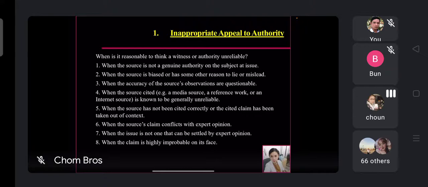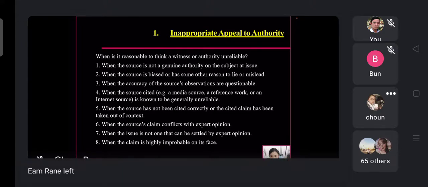Sorry, yes. This is where I raised points number 1 until number 8. It is also going to the fallacy that has